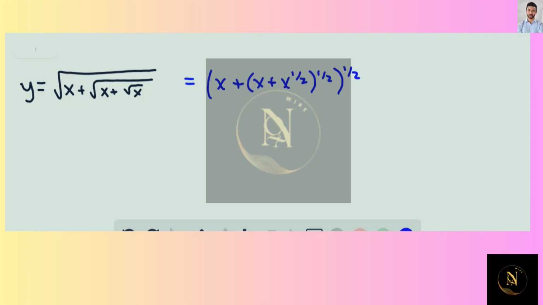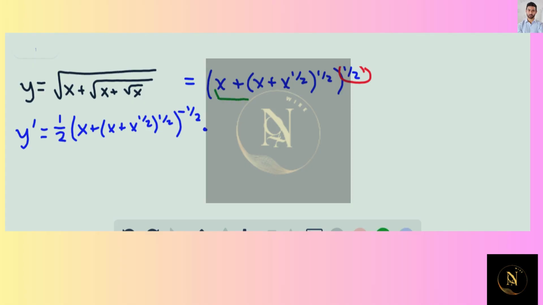So using the chain rule, we have y prime equals, we're going to work on the derivative of the outside function, so the outer 1/2 power function, bring down the 1/2, and then take the entire inside and raise that to the negative 1/2. Now we move on to multiply by the derivative of the inside. The inside is a sum, and to find the derivative of a sum, you find the derivative of each term in the sum. So we start with the derivative of x, and that's 1,